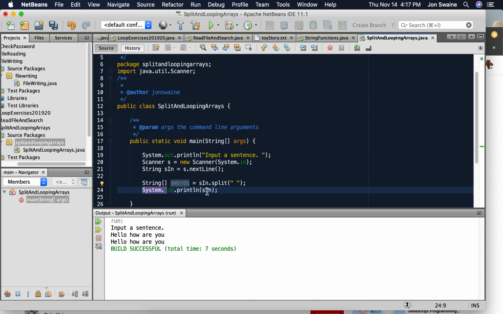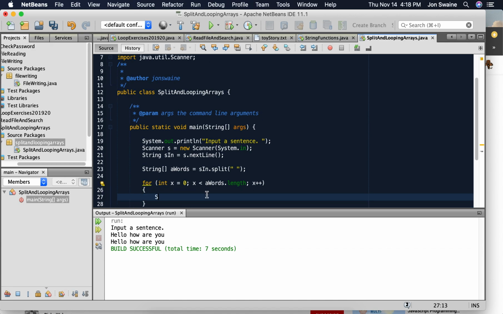And now, what I'm going to do is I'm going to go for int x equals 0, x less than words.length, because again, I don't know what that value is going to be. I can't just type a number. I'm going to increase the value of x. Now, if I run this and I do this,